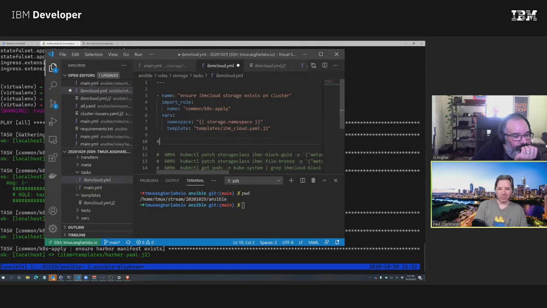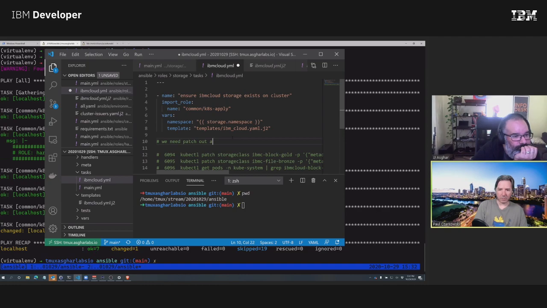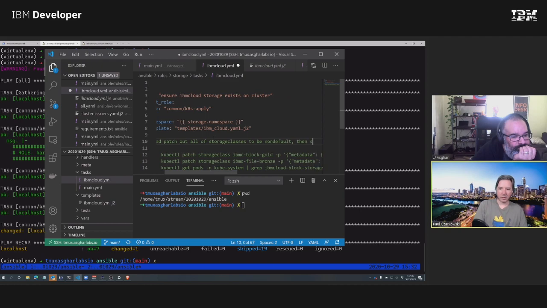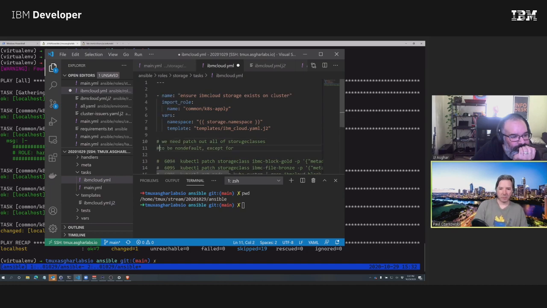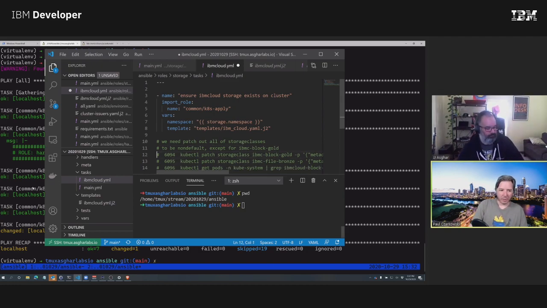Basically, patch out all of the storage classes to be non-default. So that's something we can sort out at a later date.